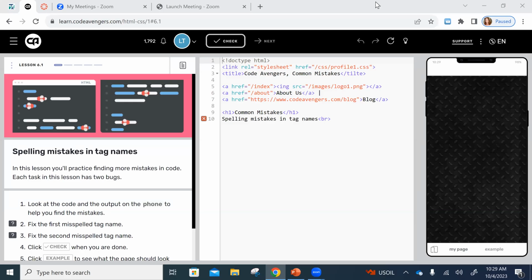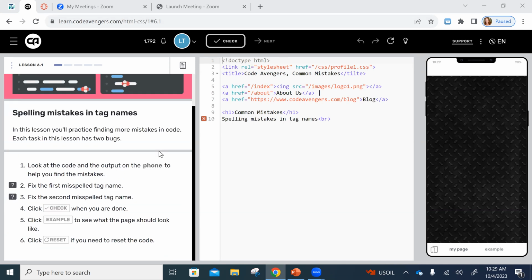Okay. All right. So lesson 6.1. This one says spelling mistakes in tag names. Now we've already kind of done some of this where we corrected things, and this kind of helps you troubleshoot